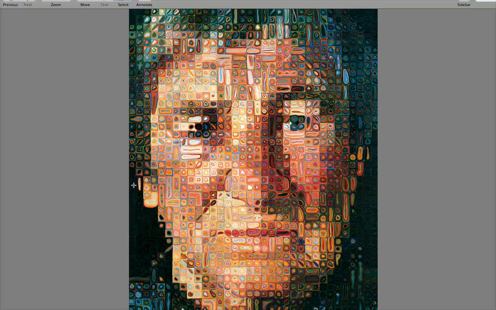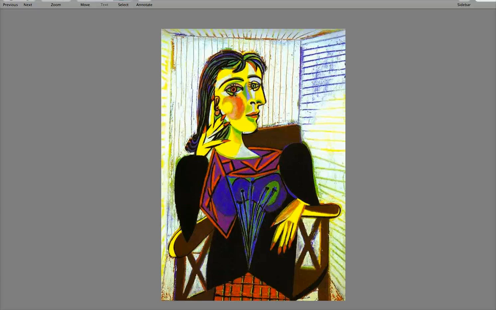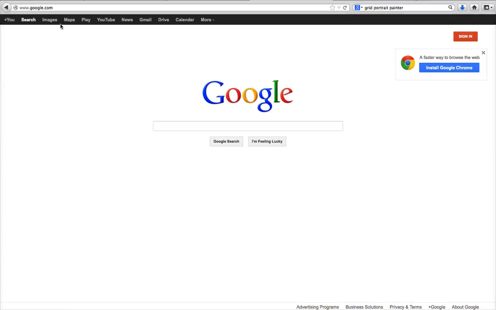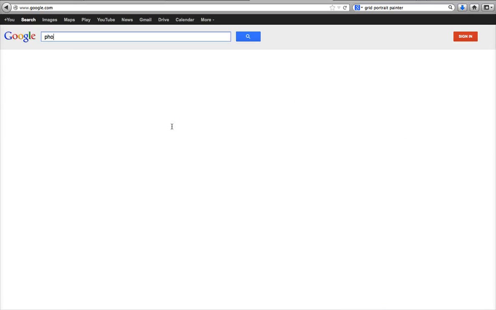Okay, and so as a student, you now have kind of the most flexibility possible in all of history to go through and choose stylistically from thousands of artists at the click of a button. I mean, heck, we have Cubism here. Maybe you like this and you're like, hey, you know what? I want to borrow this technique because I like the meaning that's behind this and the things that Picasso is about. And I got this Photoshop project, so I'm going to go to Google and I'm going to type in